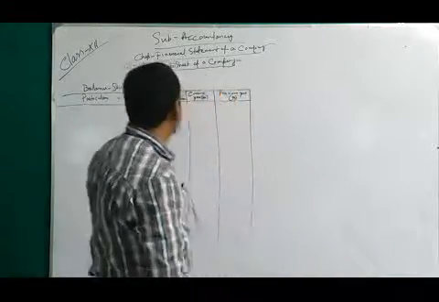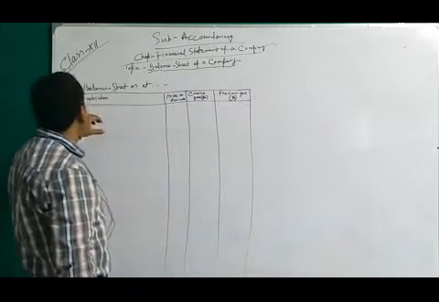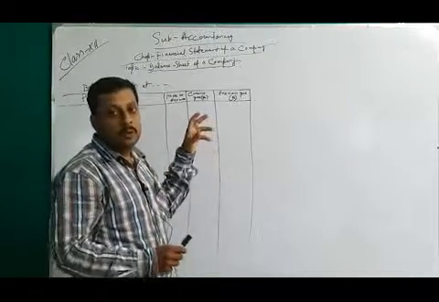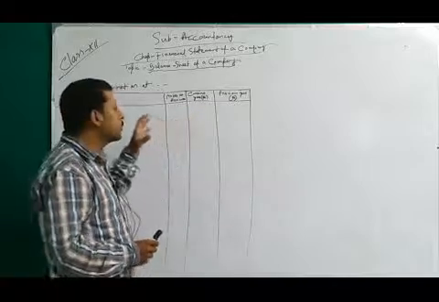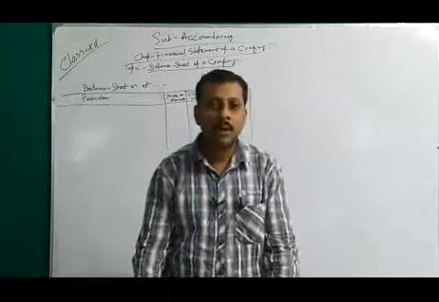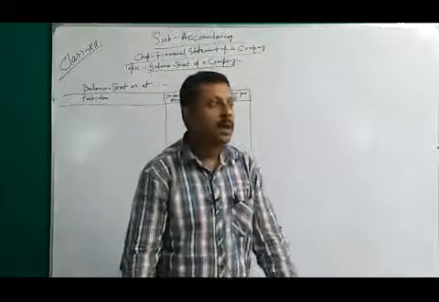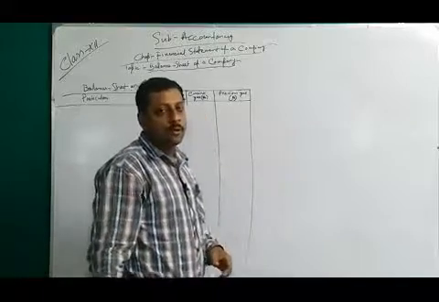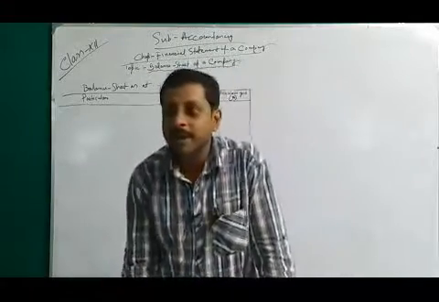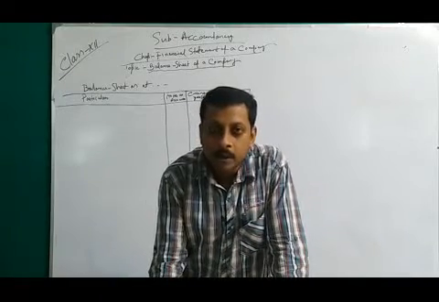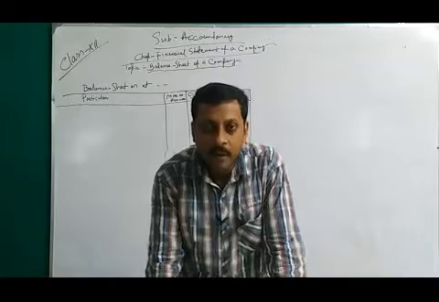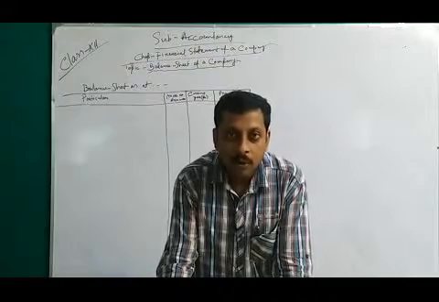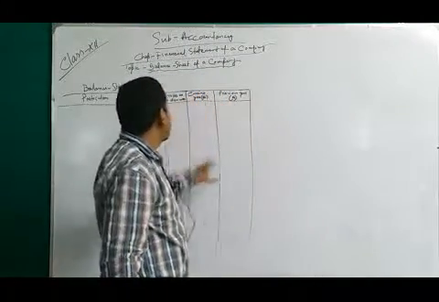So the first thing is how the balance sheet looks. One column is particulars, the second is notes to accounts. In your 11th class, when you prepared the balance sheet, you didn't use notes to accounts, but here you have to, as per the Companies Act 2013. And here you also have to show two years' figures: one is the current year and one is the previous year. The previous year's figures you already have from your previous year balance sheet, and you just have to put in the current year.